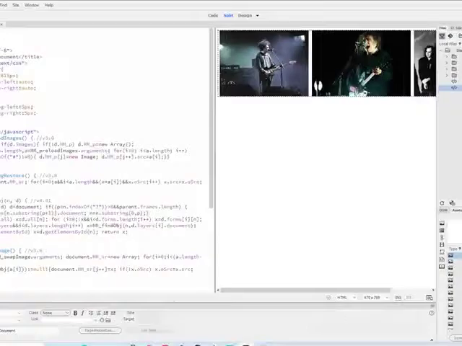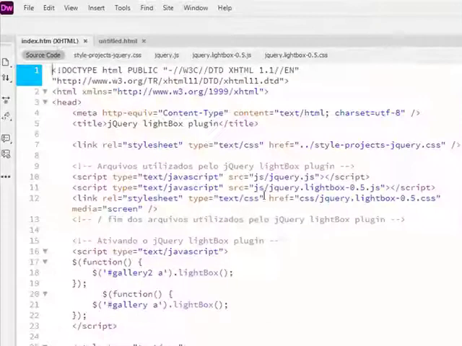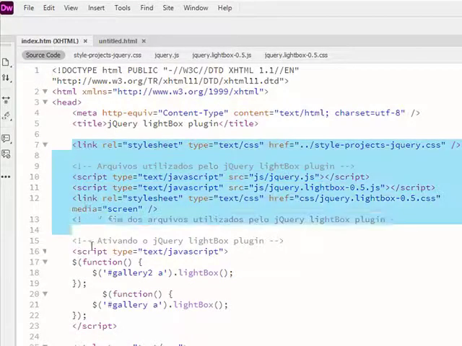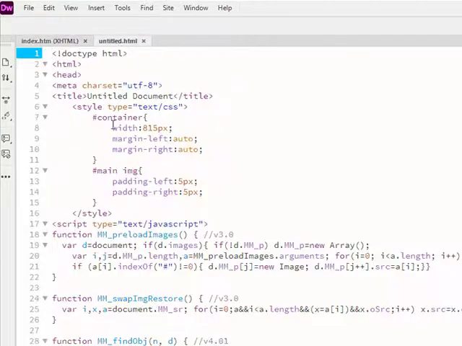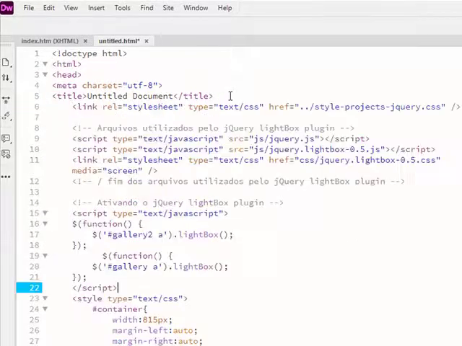And okay, let's say I want to add the Lightbox onto this one. So from there, just like I did in the other one, we need to copy everything that's after our title, copy, copy, copy, down to the closing script. Copy it and paste here after the title, paste it in, and then I would continue on doing the rest of the things I need to do with the Lightbox,